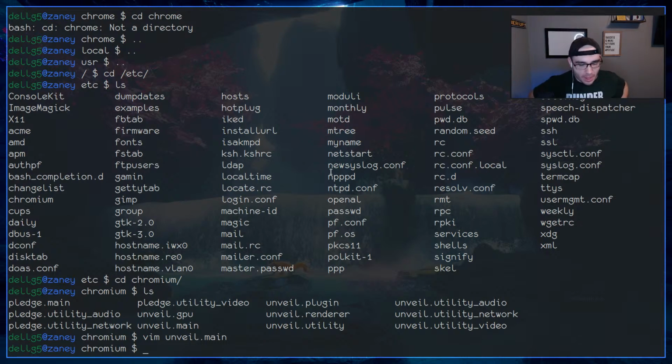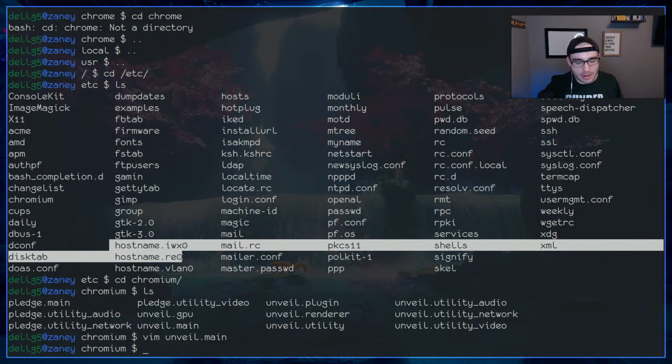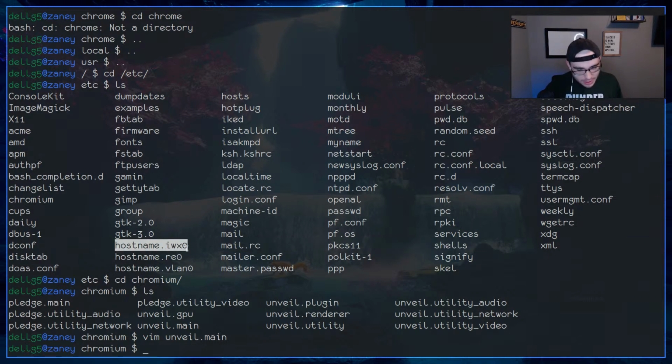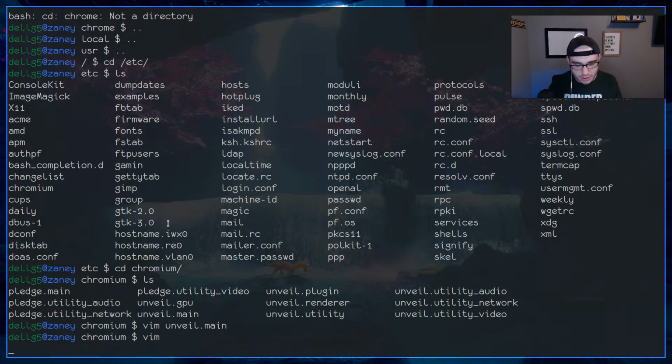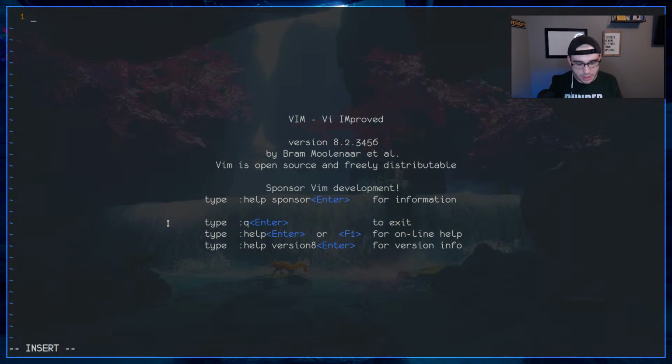But when it comes to setting up your wireless devices, it's actually super simple. So in the terminal screen that I have here, I'm inside of the /etc folder. And if you're watching the stream, you'll see I have hostname.iwx, hostname.re0, hostname.vlan. I would open this up, but that contains my actual configuration. You'll essentially just edit this hostname file for the wireless device. And the way the file will look, if I just open up Vim, is you're going to type out your